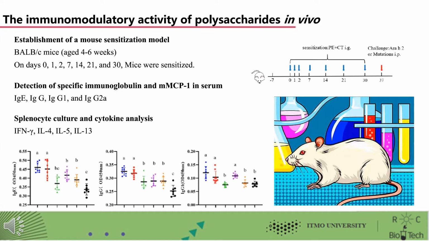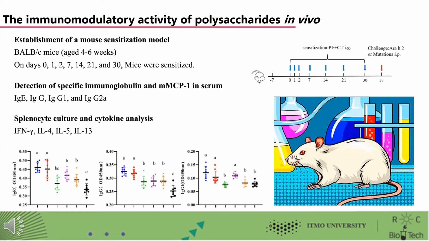BALB/c mice are easy to breed, and their immune system is similar to that of humans, and are widely used in food allergy studies. To further investigate the effect of Mesona Chinensis Benth on the sensitization of individual organisms, we assess the sensitization using a BALB/c mouse model with a common immunization program divided into two phases, sensitization and elicitation. As shown in the figure on the right,